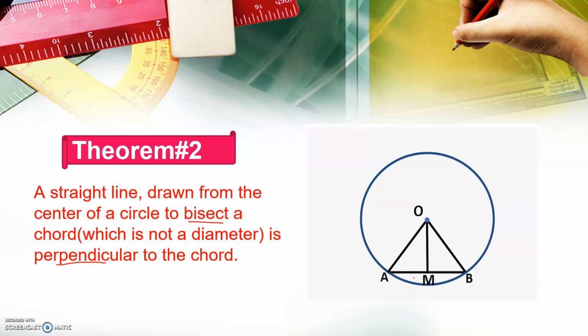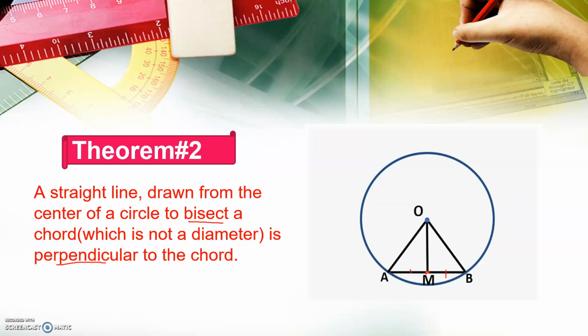Then the next given statement or information is that if we draw a line segment or straight line OM from the center of the circle to the chord AB, then this line segment OM will cut the chord AB into 2 equal parts, as first part is AM and the second part is BM. So from this information we come to know that M is the midpoint of the chord AB,